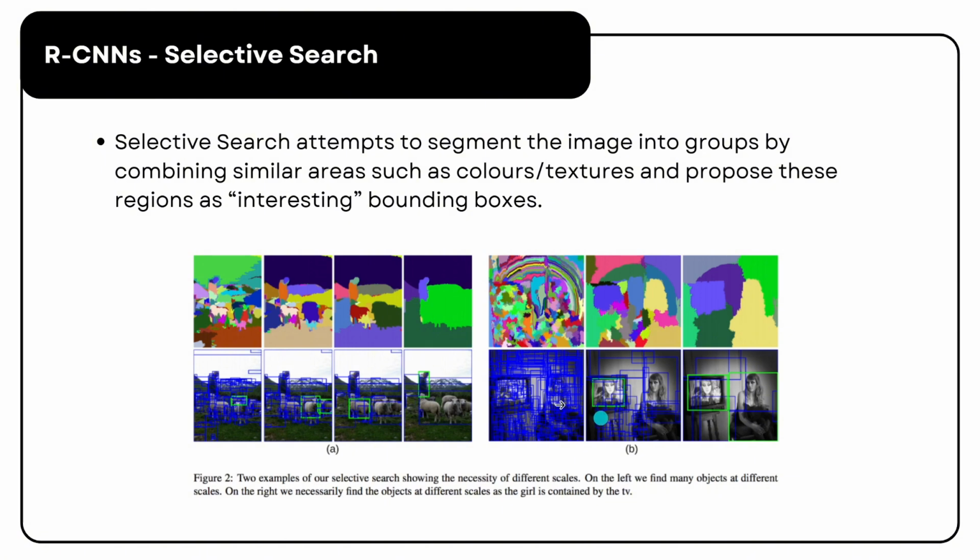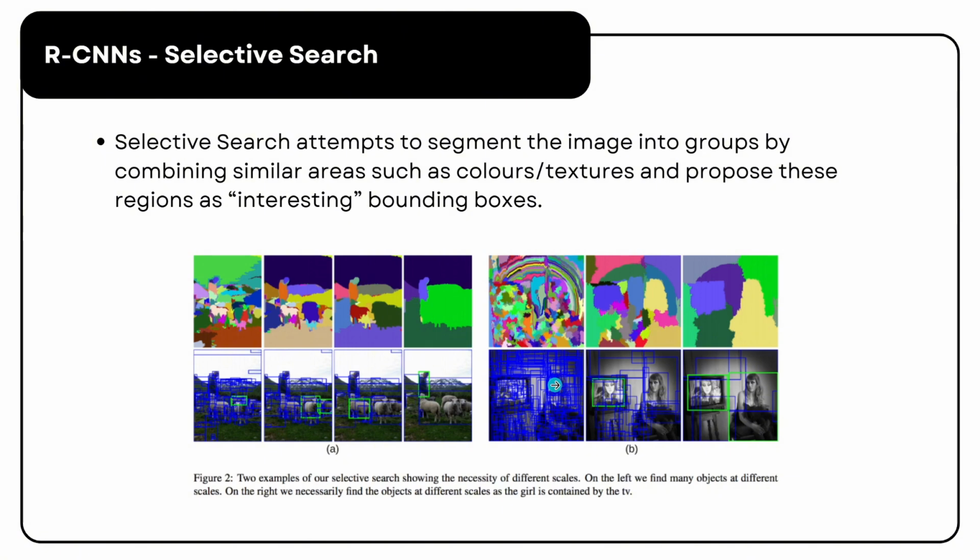In this image, you also notice that many overlapping boxes are proposed, especially when objects are close together or occluded, like the girl behind the TV, as you can see here. This is why non-maximum suppression, which we already tackled earlier, becomes crucial after this step